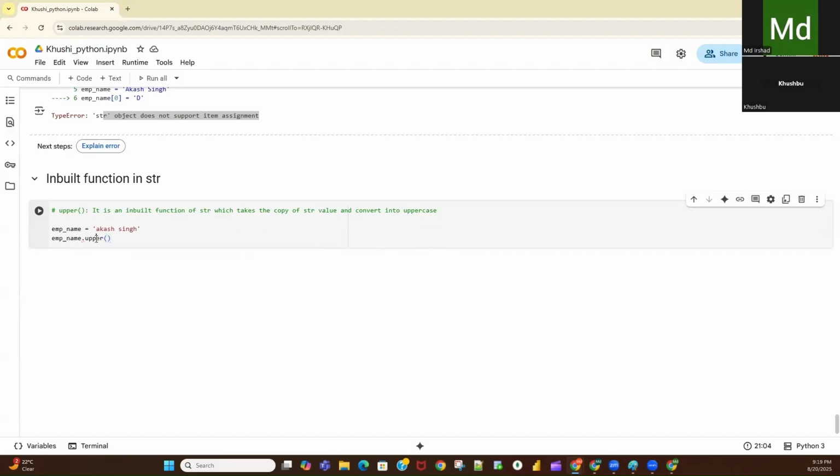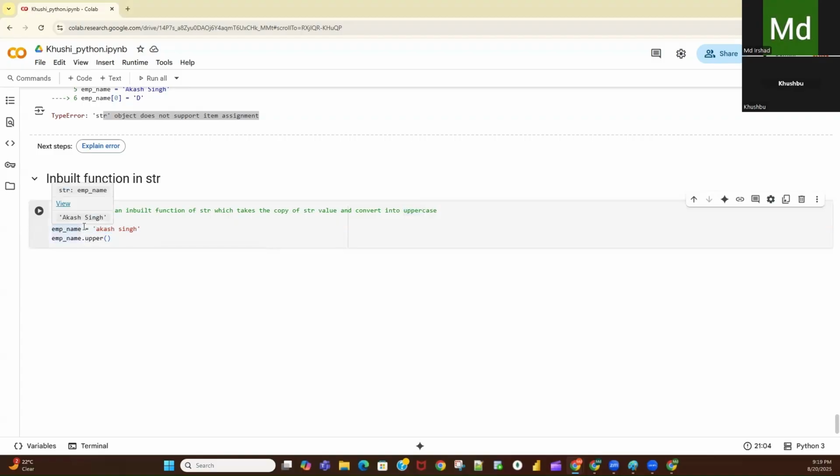So now, what will this upper function do? It will take the copy of this string value, means it will take the copy of this data. Because inside the string class, whatever functions we have, they will not directly affect or change any value in the string.